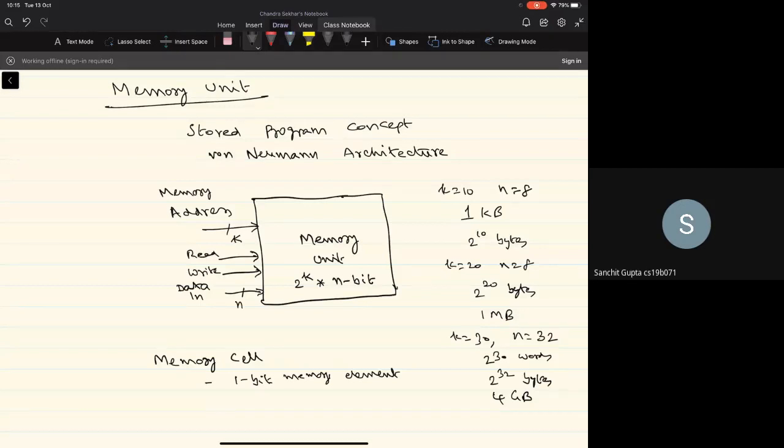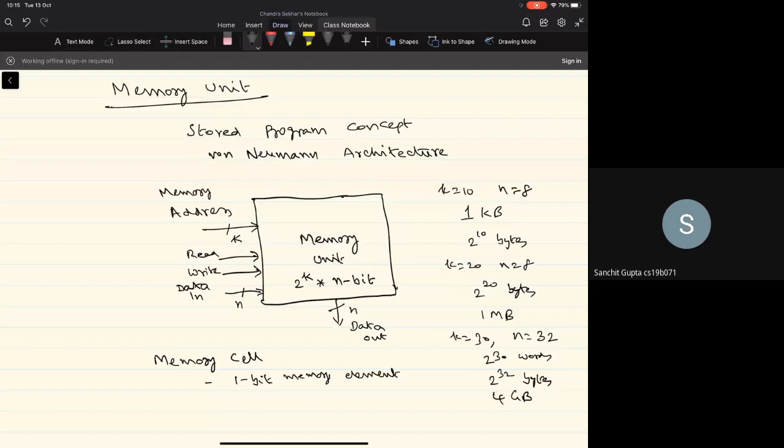Basically, that data will be stored in that memory location. And for a read operation, to perform it you have to give the memory address and then enable the read signal. Then you'll get the data from the memory, which will again be n bits. This is called the data out. So functionality-wise it is similar to the register file. There also we've seen that we give the register address, then we have the read and write control signals, then the data in into the register file, and the data out of the register file.